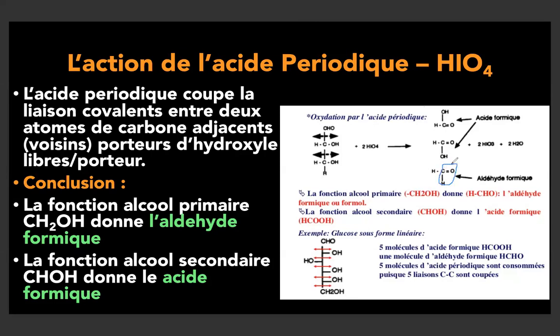This thing gives the aldehyde. So this whole thing here gives the aldehyde function, plus one hydrogen atom. This is a basic aldehyde. It will be called methanal or aldehyde formic. So basically, the acid periodic is used for